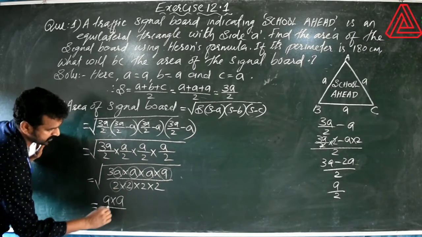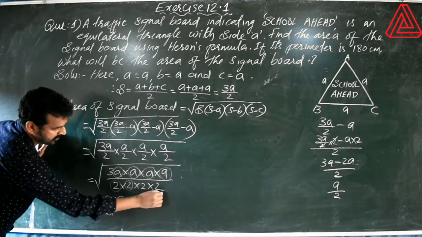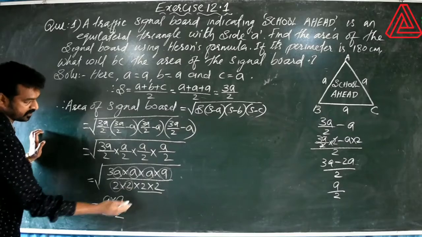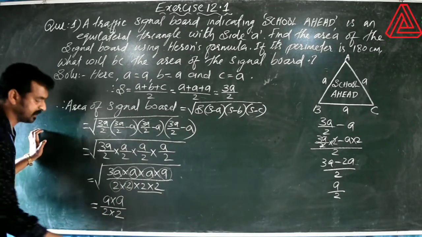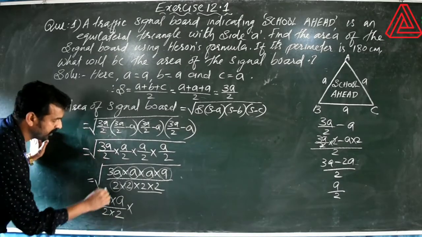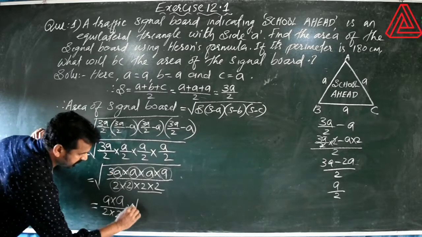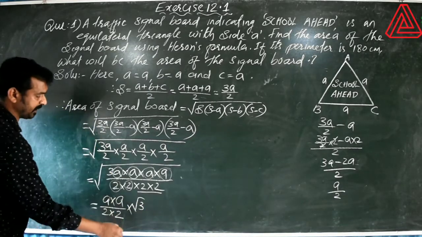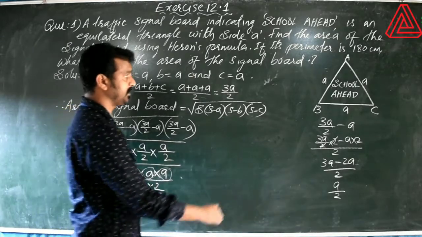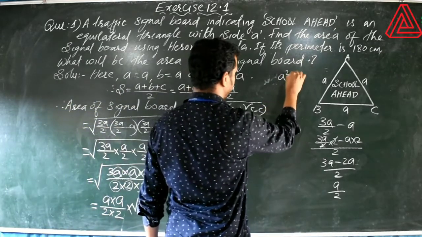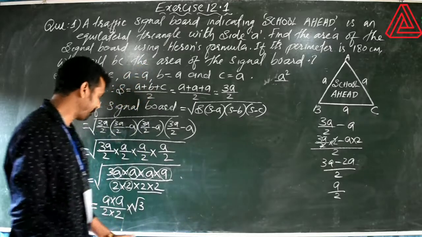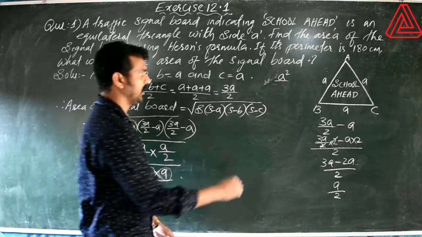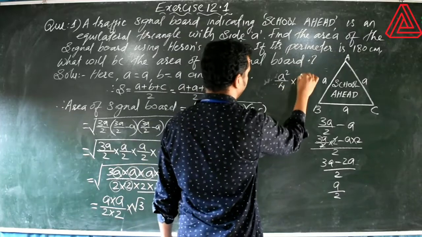These two factors are same, so we can take out 1. Then these two factors are also same, that is also we can take out 1. It is in the denominator, so here you have to write in the denominator. The 3 we cannot take out, so we will write root 3. So A into A, what is the answer? A into A is equal to A square, divided by 4. 2 2s are 4, into root 3.